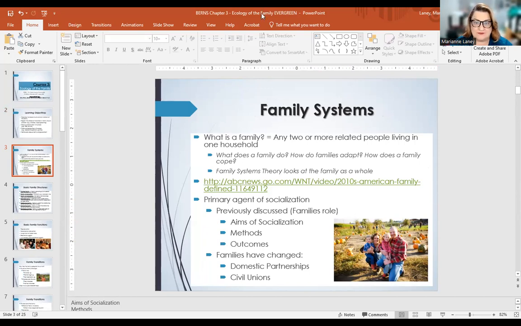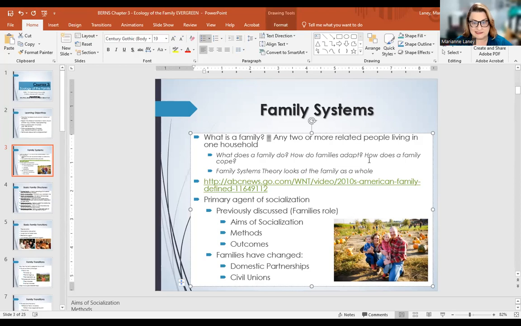I grew up in a family where my parents are still married to this day. So, nuclear family. This is the typical definition. Remember, anytime I have these equal signs, it means the definition. Use those in your notes, use those in your outline, do however you want, but make sure that you know this definition.